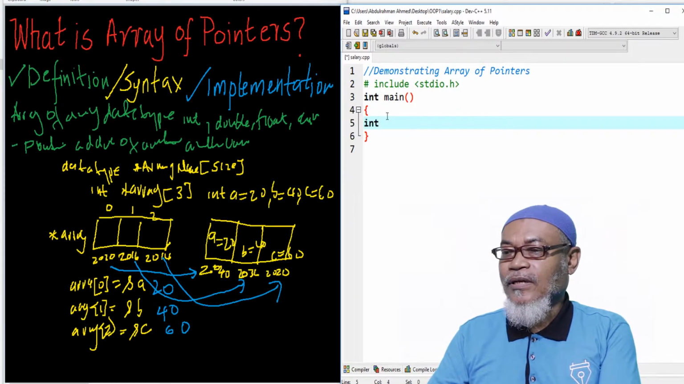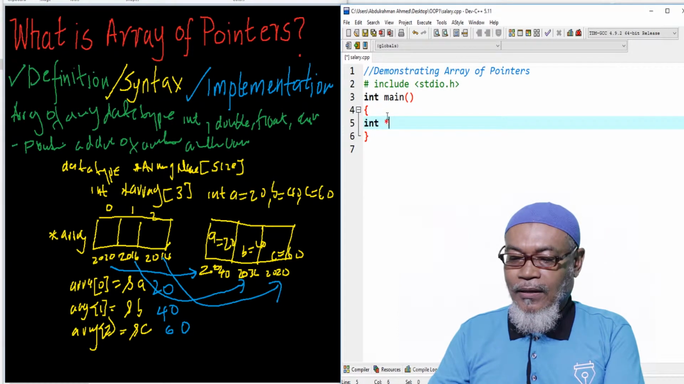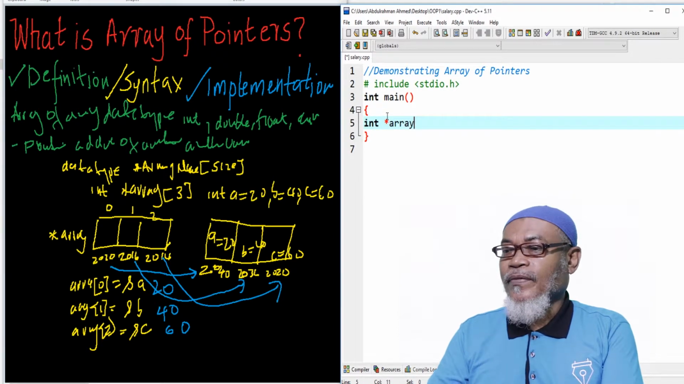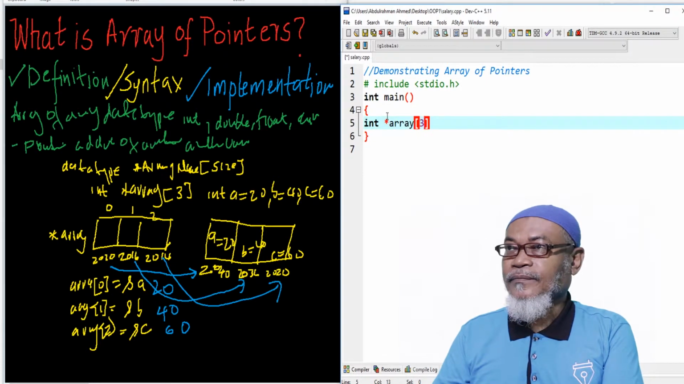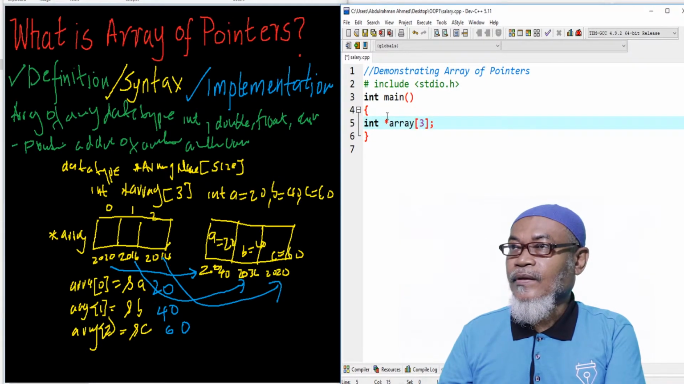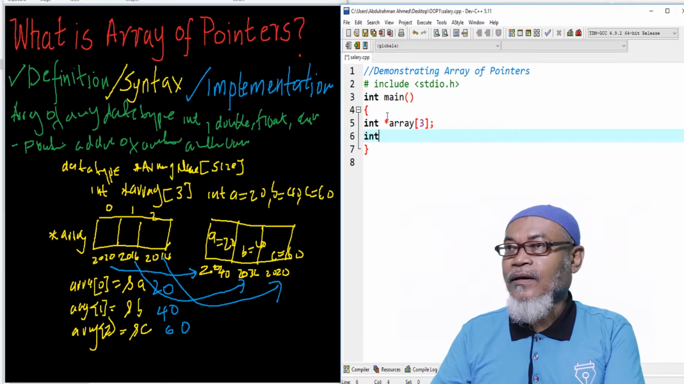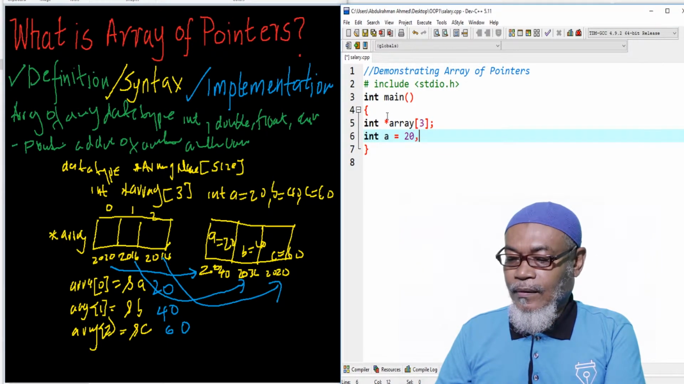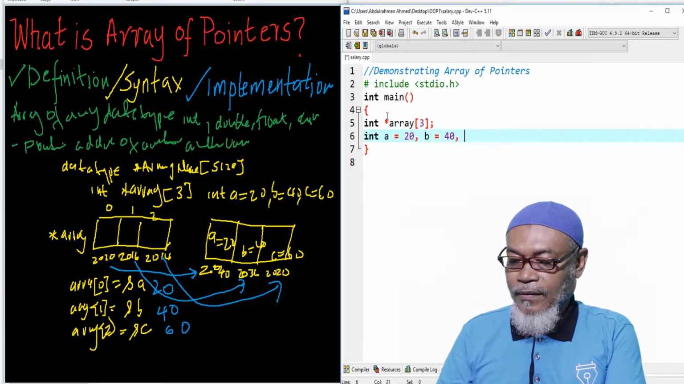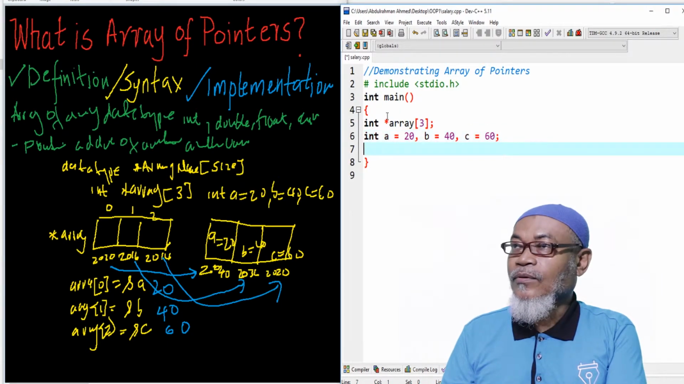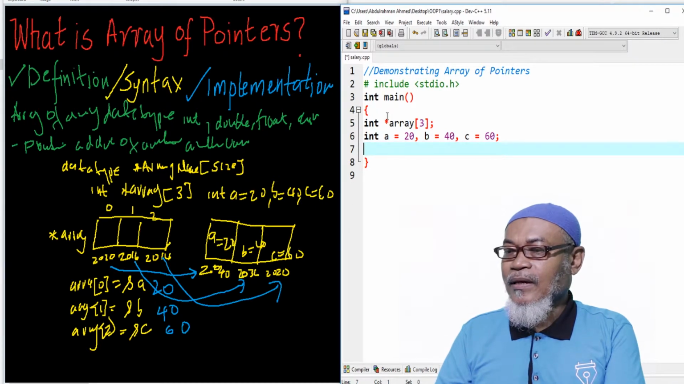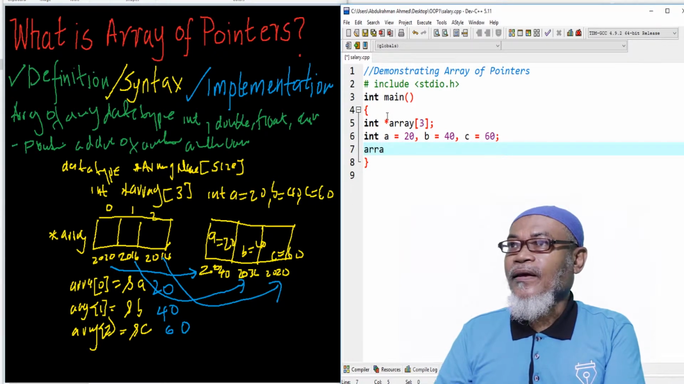So if we have an int array of size 3, and here we are saying we have an array variable A with the value of 20, B with the value of 40, and C with the value of 60. So now basically we are assigning that array